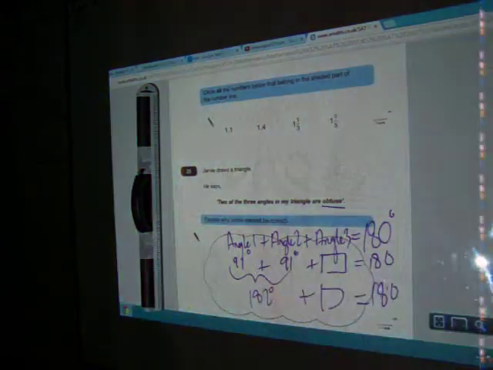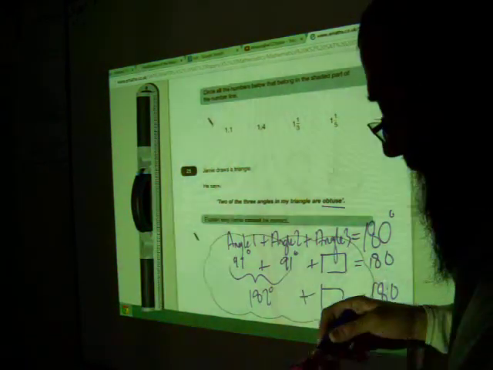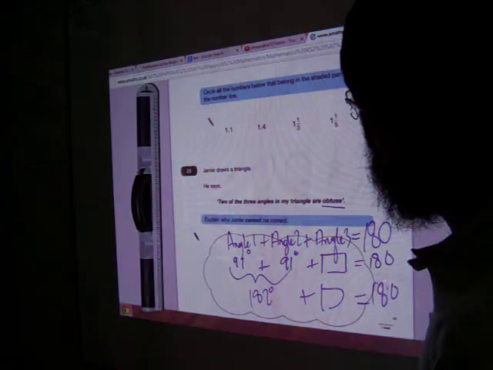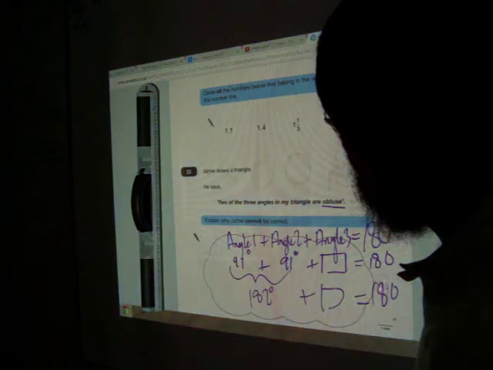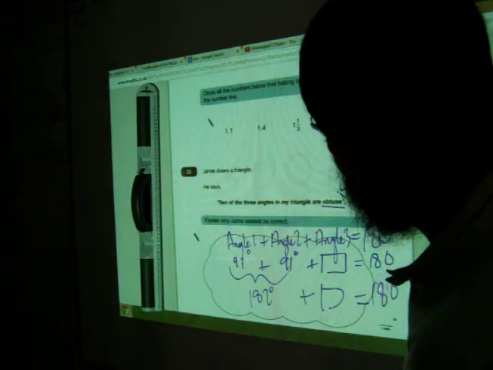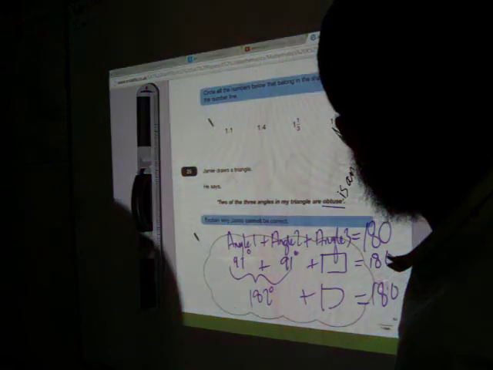That's right. Okay, explain why Jamie cannot be correct. So can we write some explanation now? I'll write mine on the side. So obtuse. An obtuse angle is an angle greater than 90